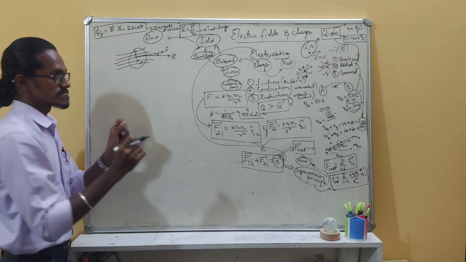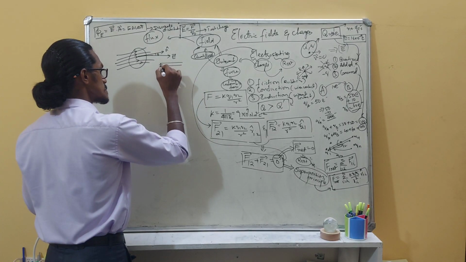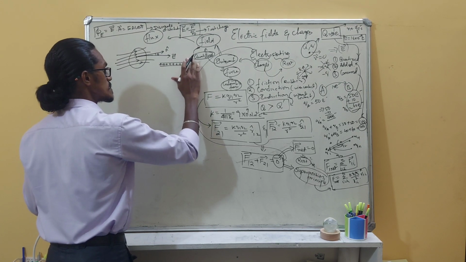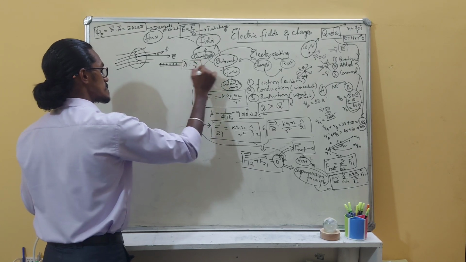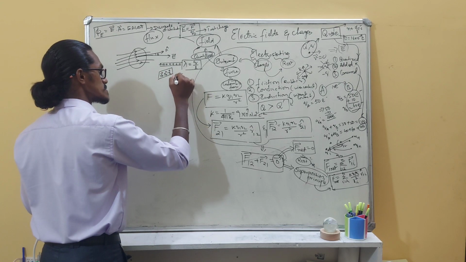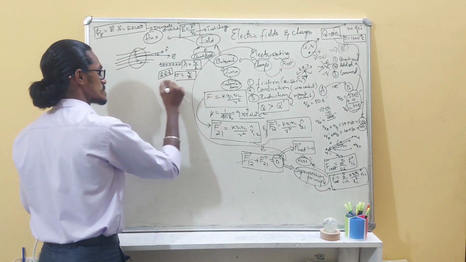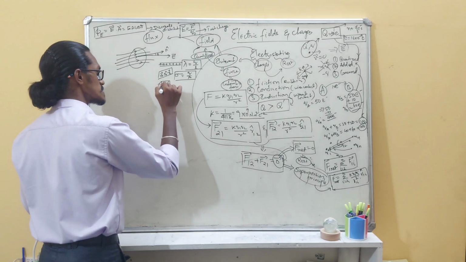So there are three variations of distributions. Charges distributed in a line is a linear charge distribution, which is lambda, charge distributed per unit length. If the distribution is in an areal form, it is called charge distributed per unit area, expressed by the symbol sigma, that is Q by A. If the charge distribution is in a three-dimensional form,